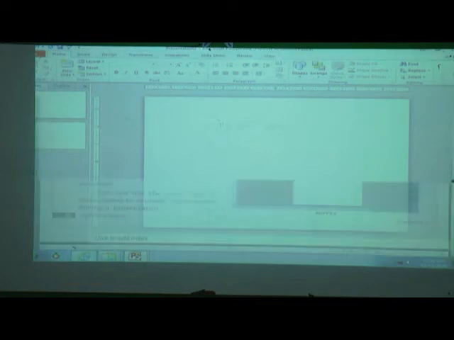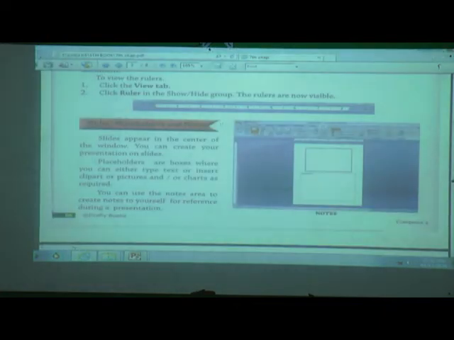Now next one, placeholder. What is meant by placeholder? Placeholders are boxes where you can either type text or insert clip art or a picture or a chart as required.